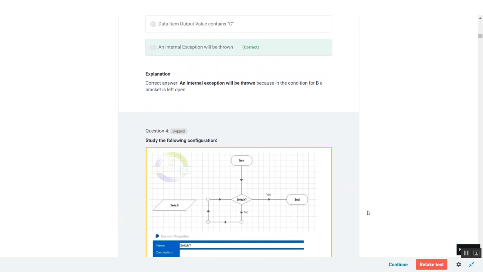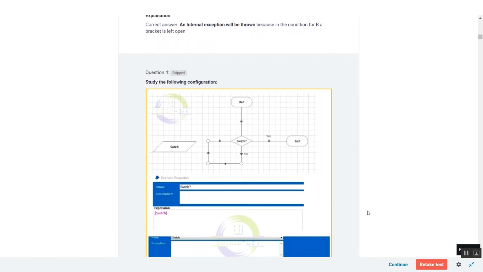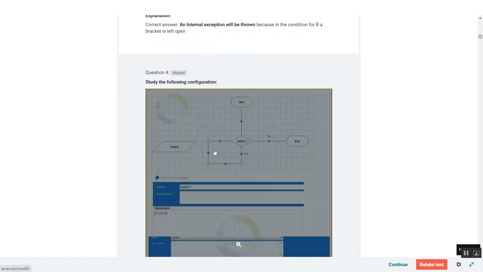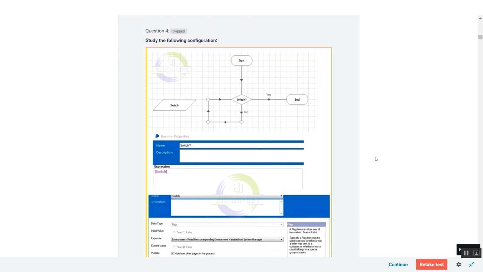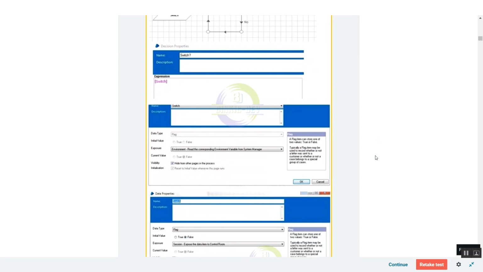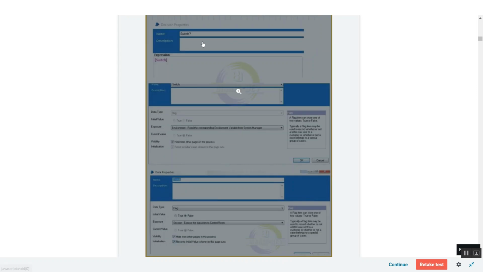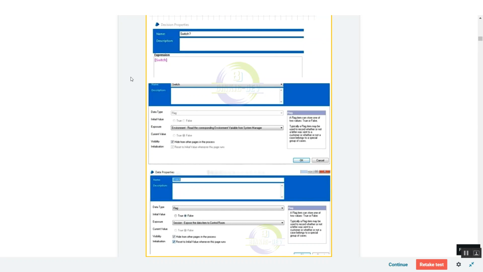Study the following configuration. Start switch: there might be an infinite loop if the switch is false. Otherwise, it ends the process. In the decision properties, the data item switch has been given.